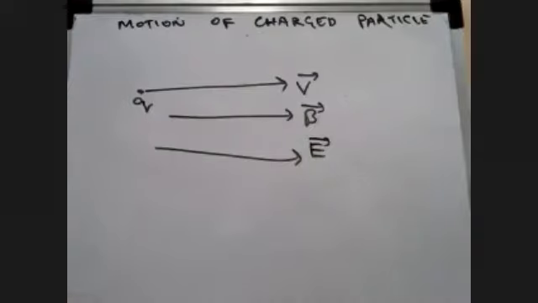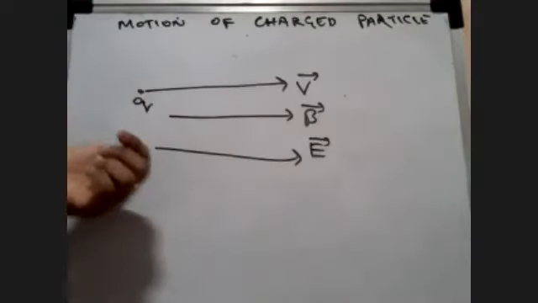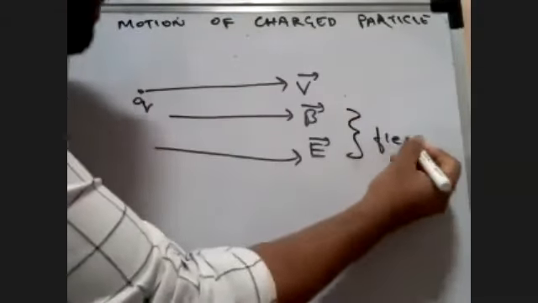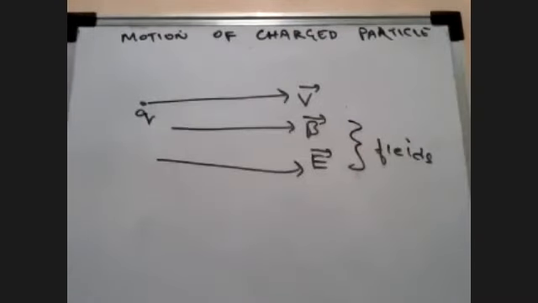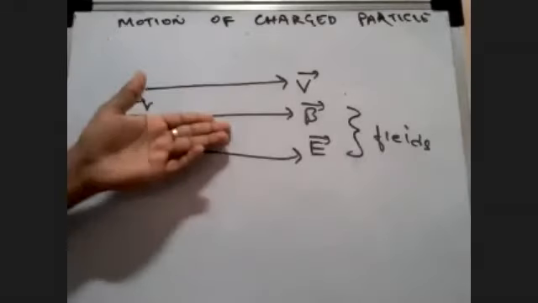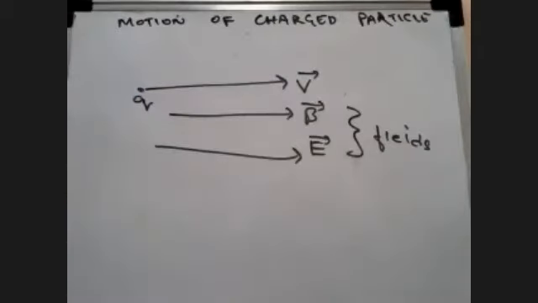So students, can you tell me the behavior of this charge because of these two fields? Can you tell me what is going to be the result? How much time we got? We got 7 minutes. Yeah, students. So my velocity vector is parallel to the magnetic field, and all are parallel to each other.